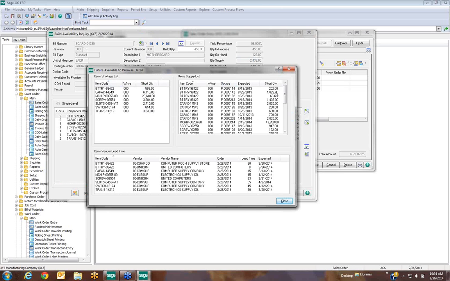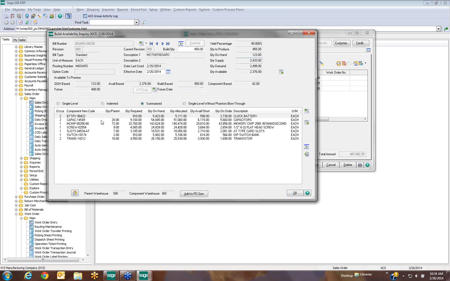Here's all the POs and what the quantities are coming in on those POs with the expected date. And then here's all the items that are the components with their primary vendors, and if I ordered today, what the lead times are on those vendors and when I would be able to expect to receive that in. So it's just a little worksheet here to help you decide whether you're able to promise this information up. Also, we've got some other buttons over here for you to be able to drill down into